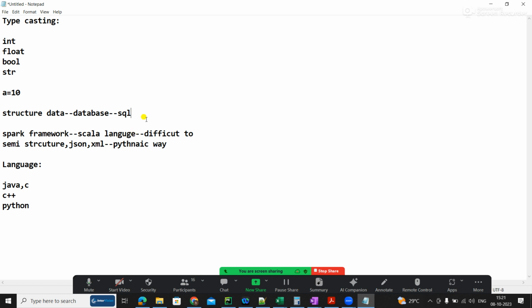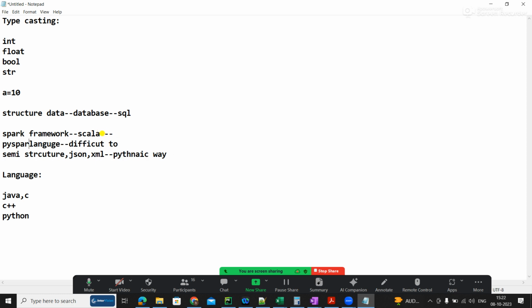Okay, so the Spark framework was built in Scala. When I started working on Hadoop, we didn't have Python, to be honest. Like 8 years back, we didn't have PySpark. We were doing the Spark framework with Scala, and it was very hard. I learned Scala also at the beginning, and it is very hard, like Java.